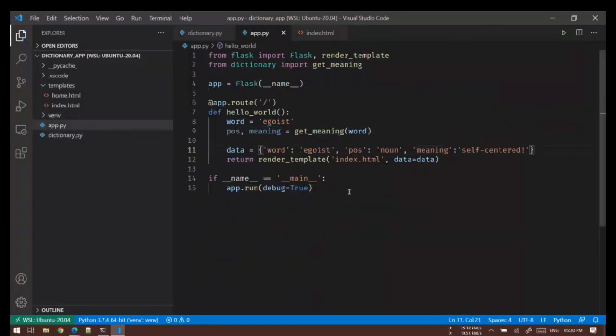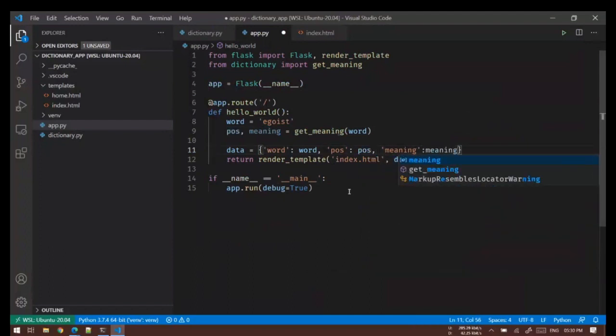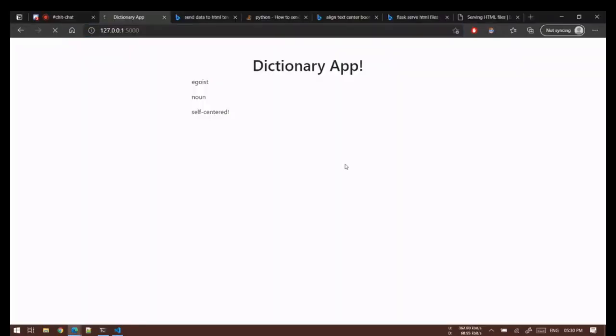So this is done. Now all I have to do here is word. Instead of this I have to say POS, and instead of this I have to say meaning, the meaning which is returned from get meaning function. Okay, so let's try to see the actual meaning of egoist.